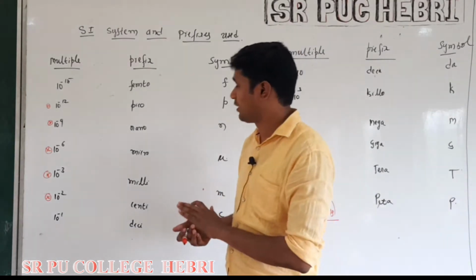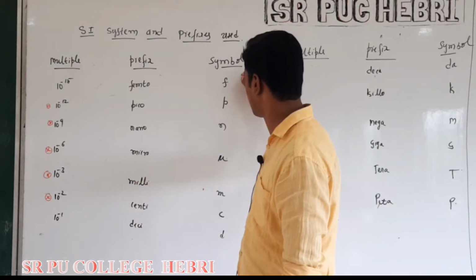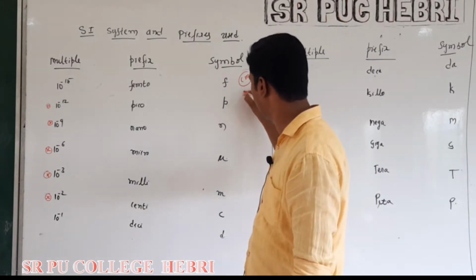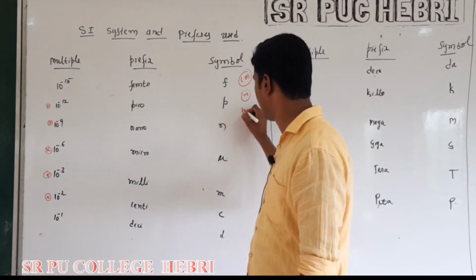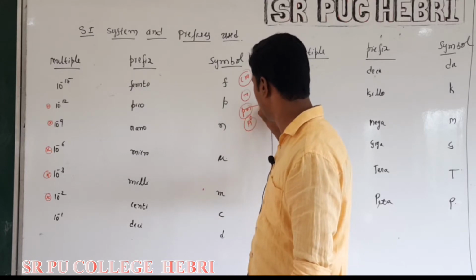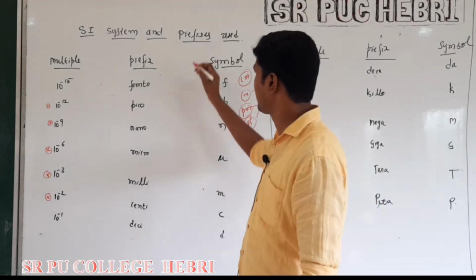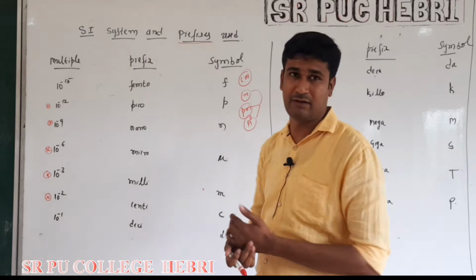For example, when you are measuring the length of any object, normally it is represented in terms of centimeter, but in our calculation we need to use it in terms of meter. Smaller lengths will be represented in terms of picometer or in angstroms. Such units need to be converted into SI units. For that purpose we use some prefixes in the SI system. How to use these prefixes to convert the units?